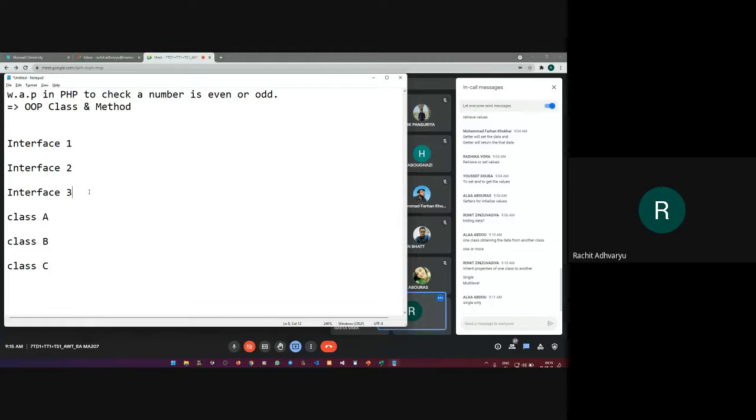Clear? Only more than one parent for a child. There cannot be one parent for two different children. Okay, you can have, let's say, class A wants only interface 1, class B also wants only interface 1. That is possible, yes.